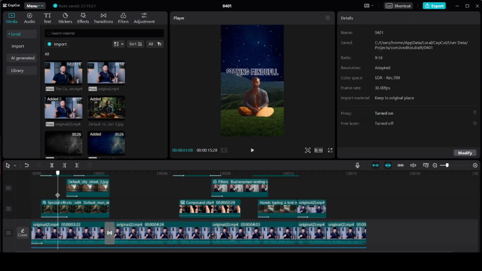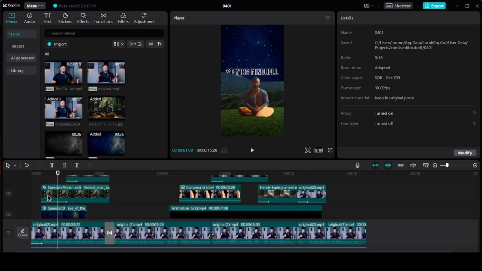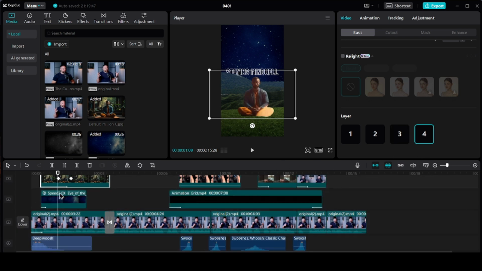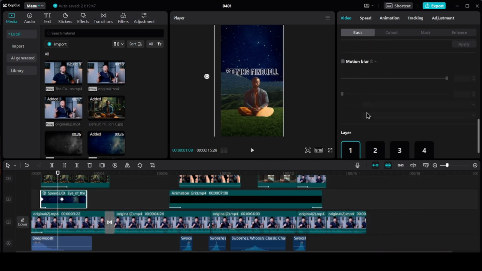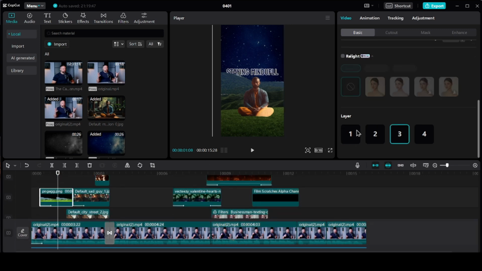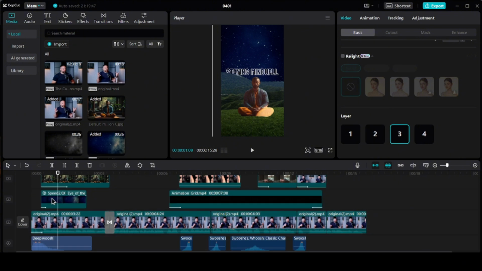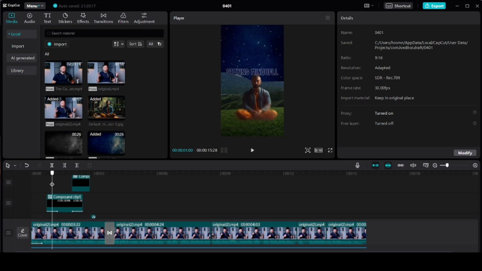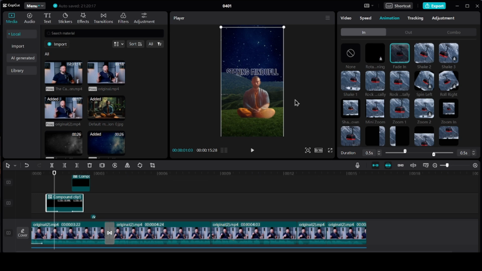Now, when you want to play around with the position of these images or animations, what you can do is go down to the basic section, go to the layer, and play around with these layers. For example, here the sky I used as layer 1, so this is the background. Then for the third layer I used these mountains. Then the guy meditating is the fourth layer. For the second layer I used this text, and what I did with the text here is basically just